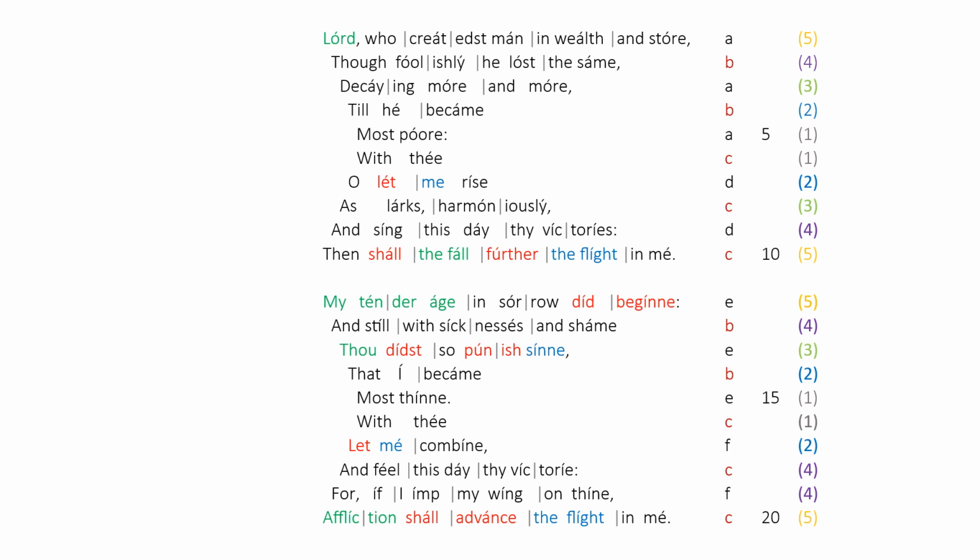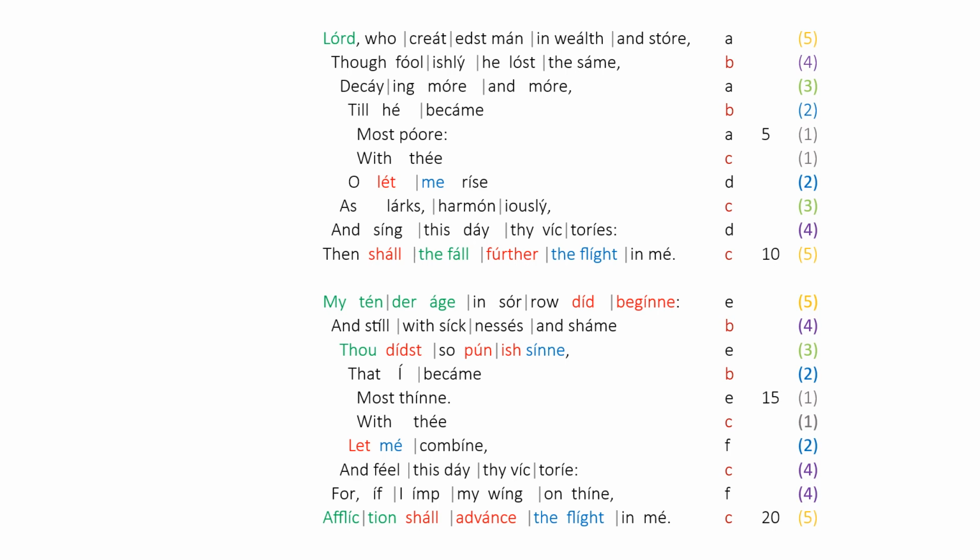and mankind decayed more and more till he became most poor. And the idea is that the fallen condition is the bottom. It is the furthest away from God that we can be, and we have no hope of getting out of this bottommost position. He says, Lord, let me rise. I want to rise as larks harmoniously and sing this day thy victory, then shall the fall further the flight